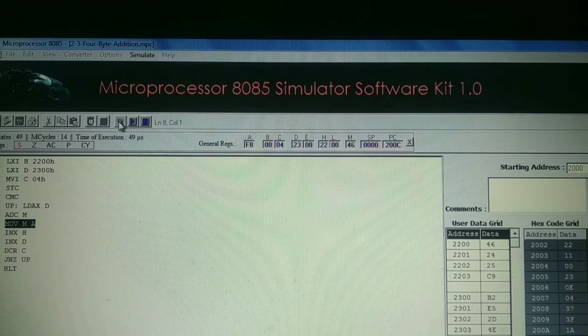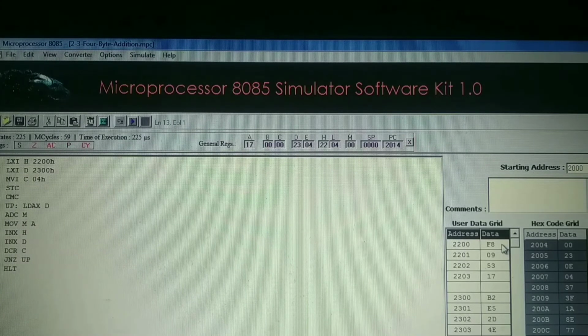Add the content of memory, it becomes F8, and then go to the MOV M, A instruction. Here the number gets changed, here you will get F8. Now the same is repeated, INX H, INX D, and the same procedure is repeated. Directly I will execute the program. After execution of the program, you will get the contents as F8, 09, 53 and 17. Whatever I have explained in the program, the same contents you are getting here.